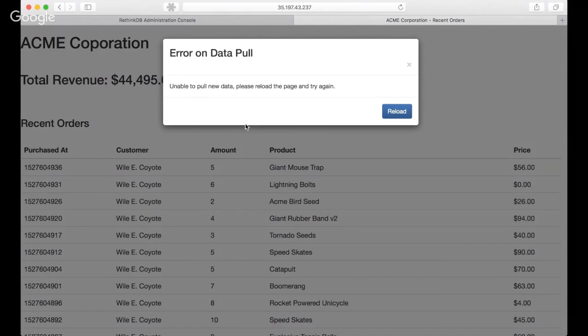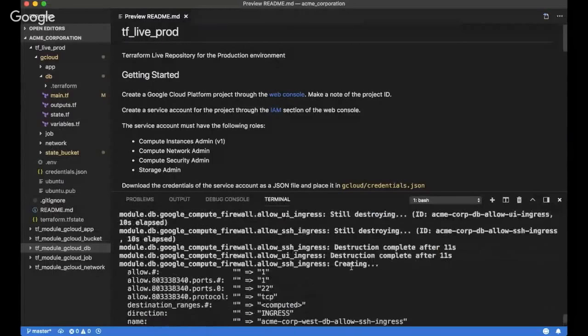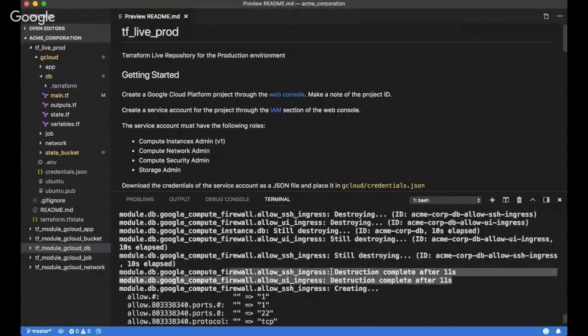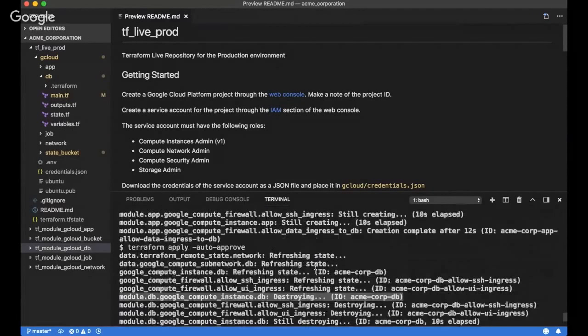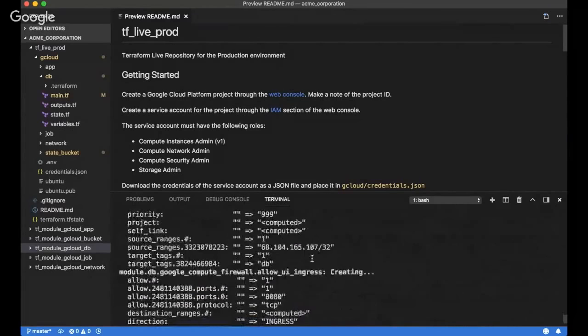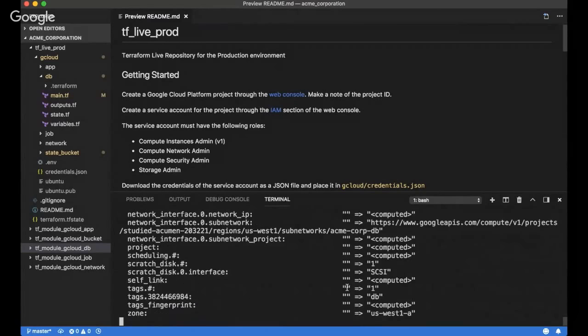All right, so let's go over to the Terraform log and debug this and see what's going on. All right, so we've destroyed some firewalls. All right, that's not good. Okay, no, all right, so we've now destroyed our database server. So that's probably not good. Things are getting destroyed, and now the database server is getting created in a little bit, I hope. So that's good.